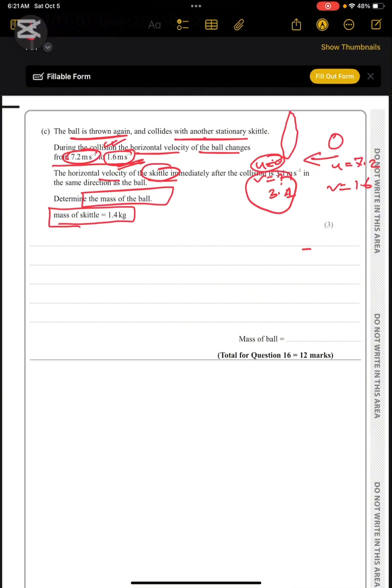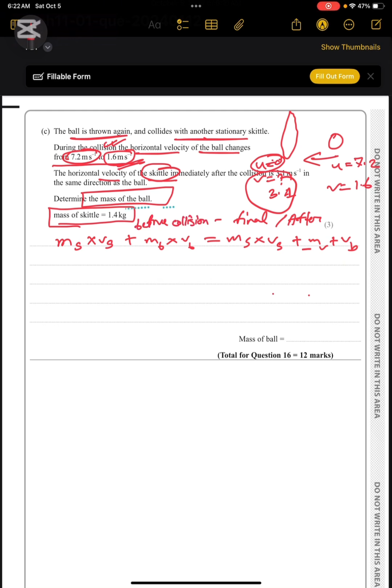Momentum is equal to mass times velocity. We can say mass of the skittle times the velocity of the skittle plus the mass of the ball times the velocity of the ball is equal to mass of the skittle times velocity of the skittle plus mass of the ball times velocity of the ball. This is final, or after, and this is before collision. We know before collision is equal to after collision. So let's go and write it down. The answer will be,